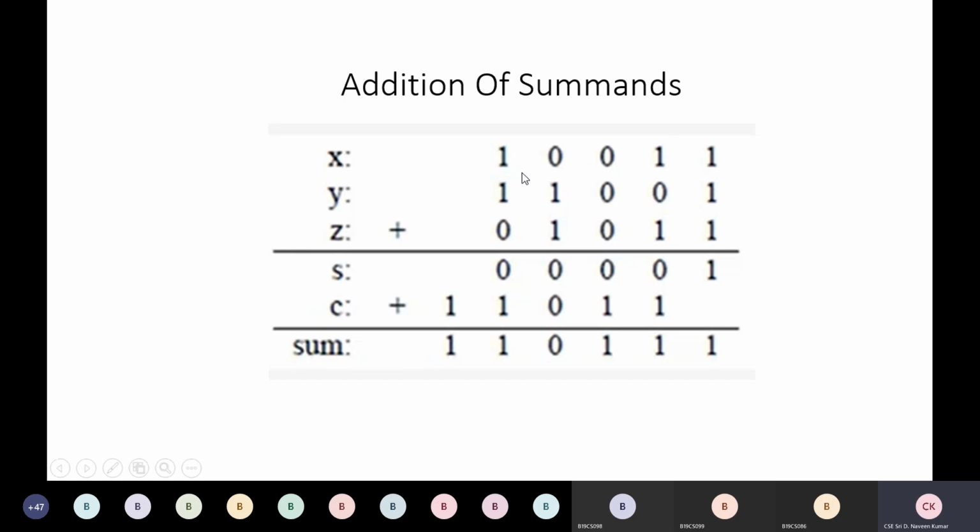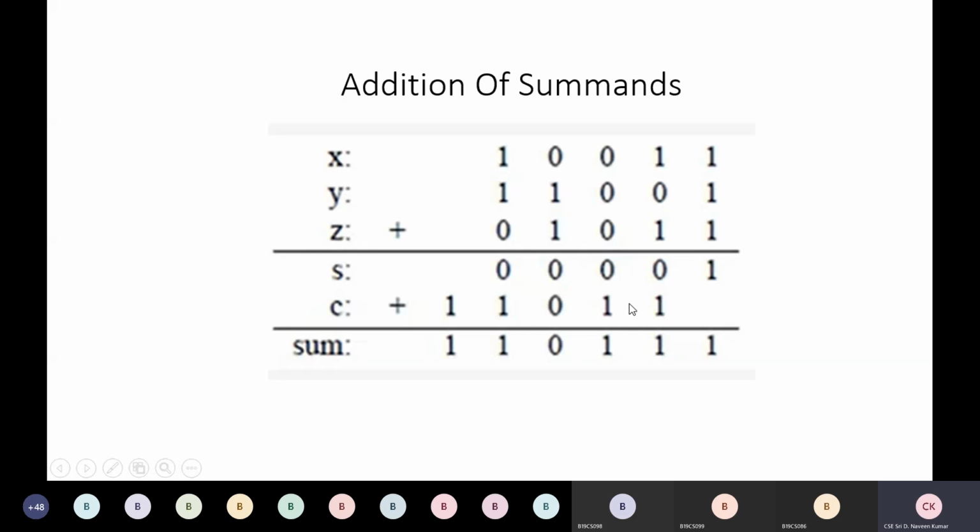These are the 3 summands we have: X, Y, Z. They may be the result of multiplication of two binary numbers. Okay, so if we want to add these summands X, Y, Z, we already know that when we add three ones, we get 1 1. So we keep the sum 1 here, but the carry we will not add here, we will not pass it to the next set of numbers. Instead we keep the carry here.